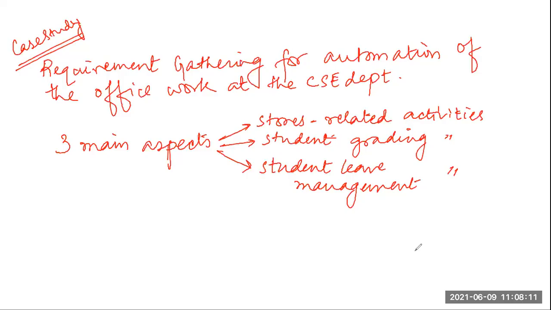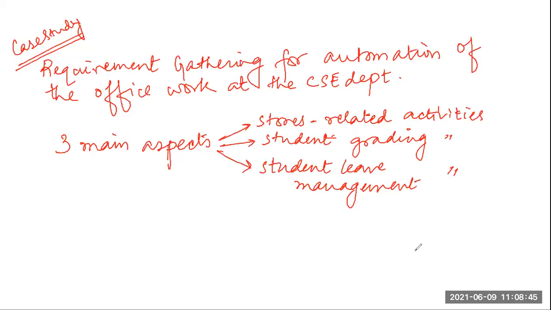In fact, they will not interview 500 students, but they will interview at least 10 students, a representative of 2 or 3 students from each batch, right? Two boys from each batch, 2 girls from each batch, so that with a representative group of 10 students, they can at least say what their batch wanted from this software. So he will talk with the student representatives, he will talk with the faculty representatives, he will talk with the clerks, he will talk with the HODs.